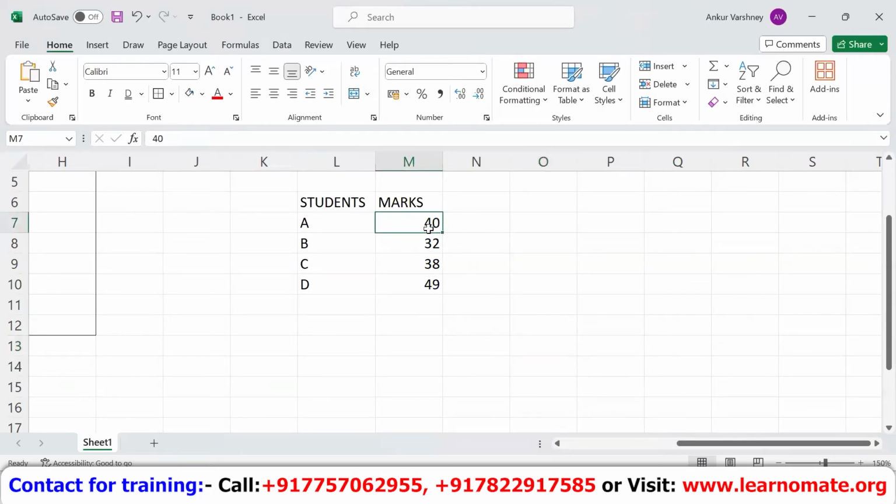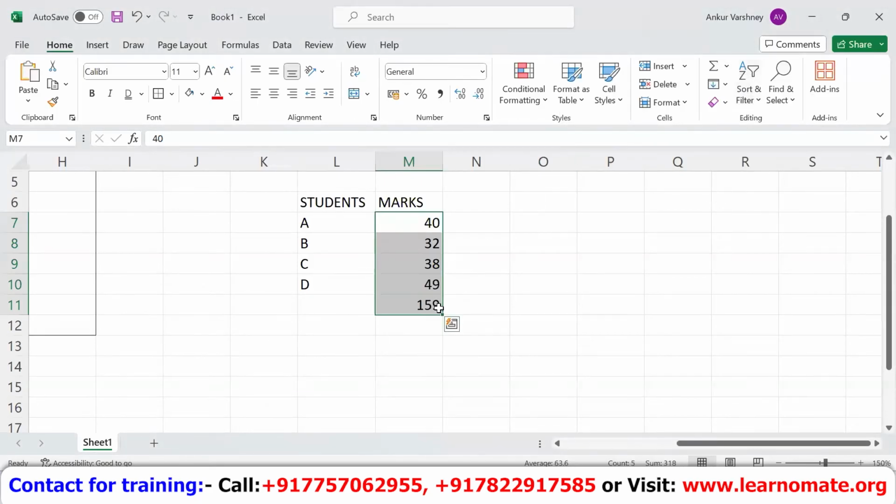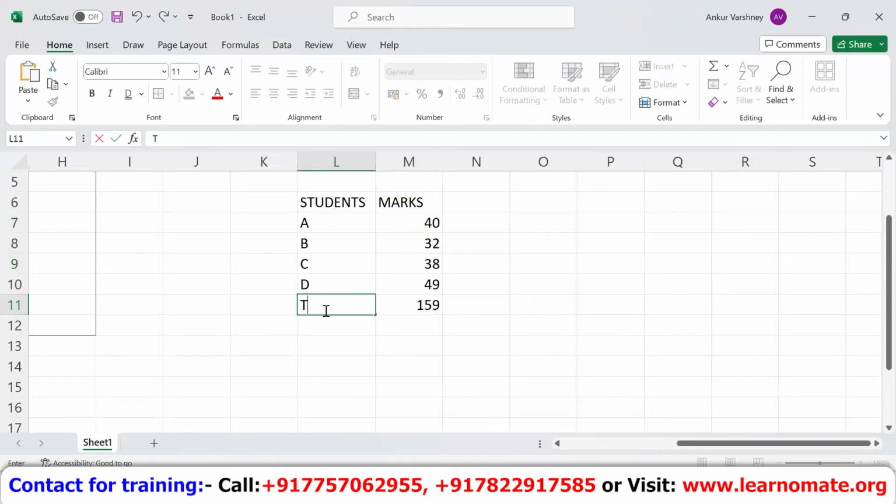I'm clicking on one cell and dragging it down, right? And I have to see the total marks of all the students. So I go to the sigma sign, click it and ask for the sum. I just click the sum and I got the total marks of all the 4 students. Got it? It is very simple, right?